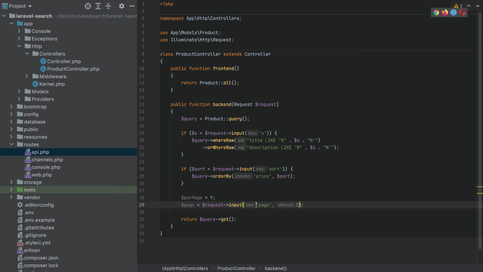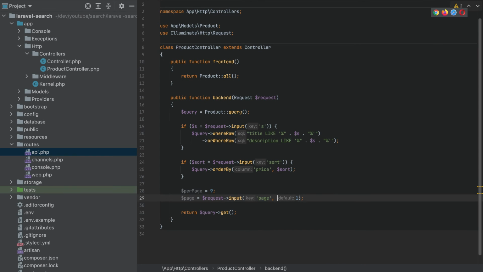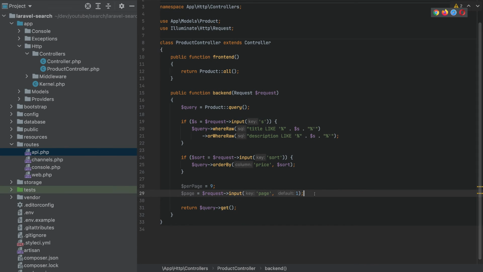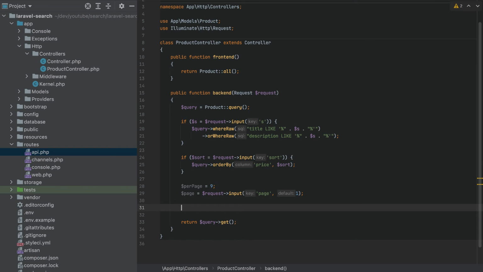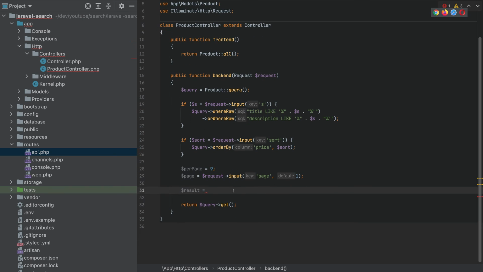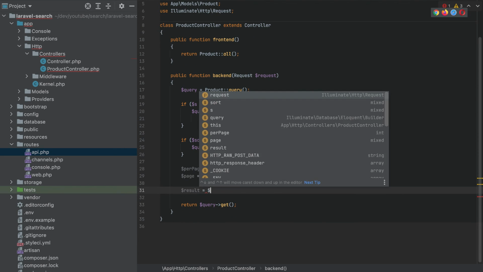So if the page is not set, the default value will be considered 1. And now let's get the result here, which is equal to query